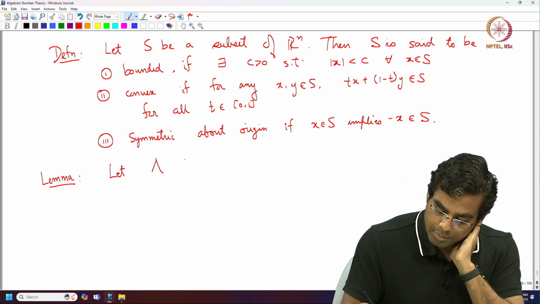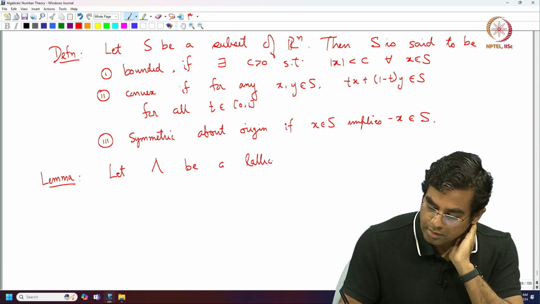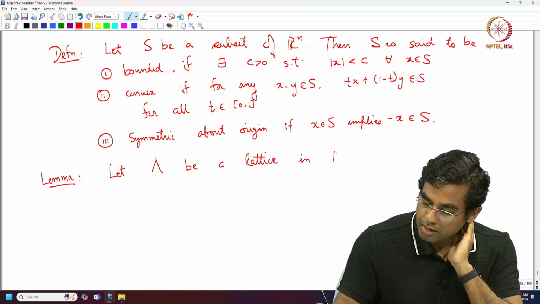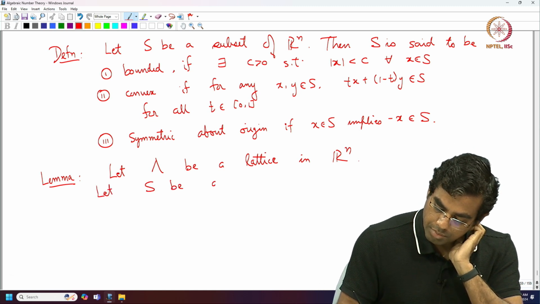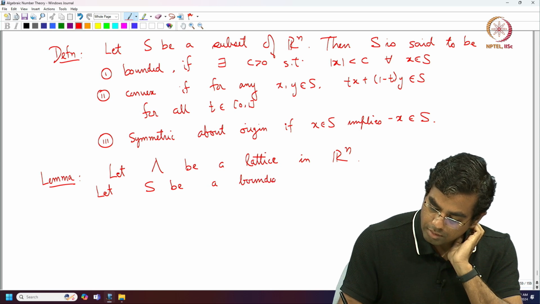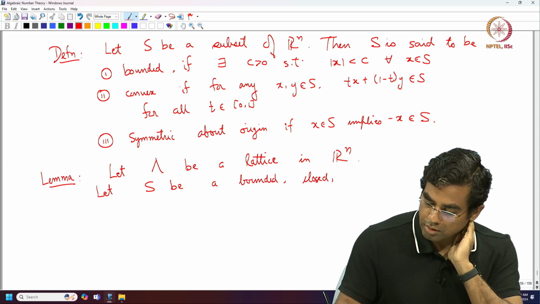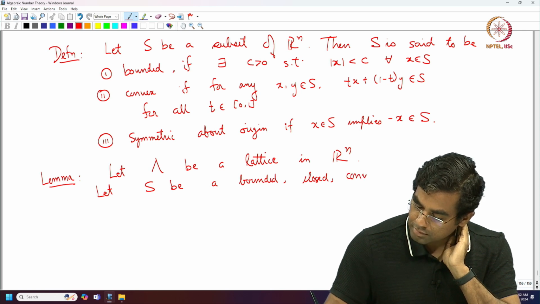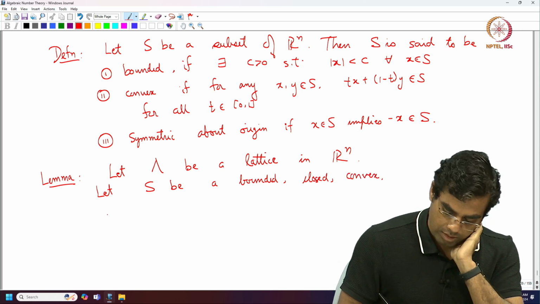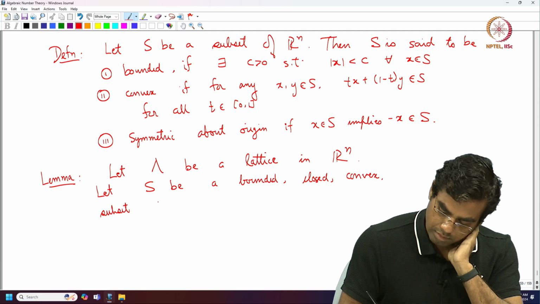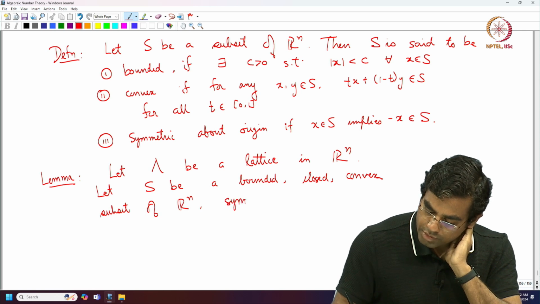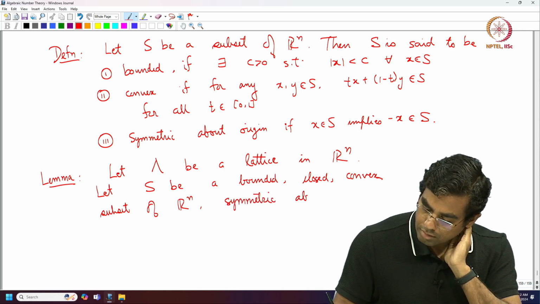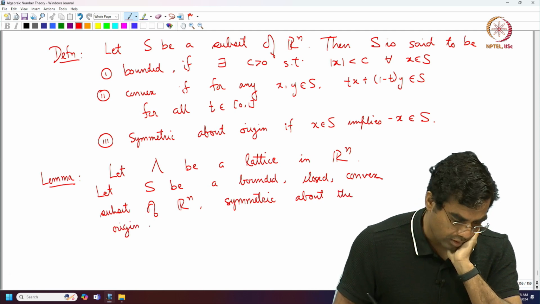So, let lambda be a lattice in R^n. Let S be a bounded, closed, convex subset of R^n, symmetric about the origin. Then S intersected with lambda